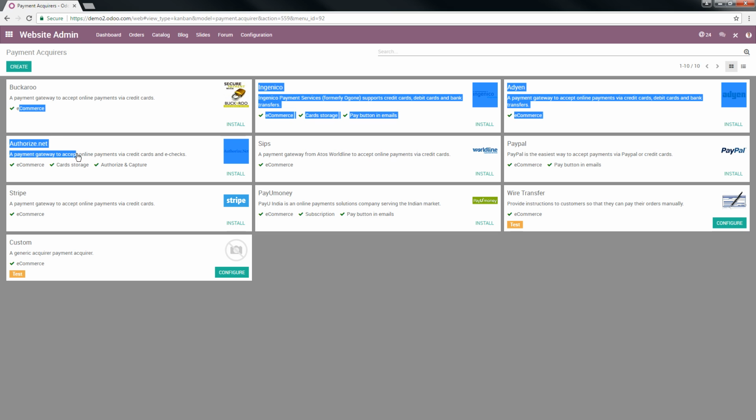By far, I think we have a lot of customers currently using Stripe. Stripe is already embedded in Odoo, so the customers don't get redirected the way you would be redirected with PayPal. All right, I'm going to go back to website,